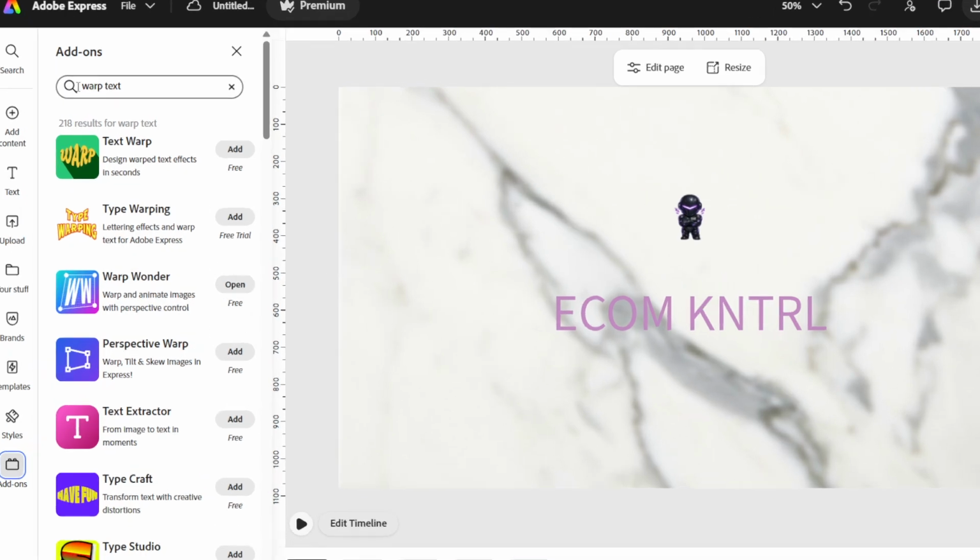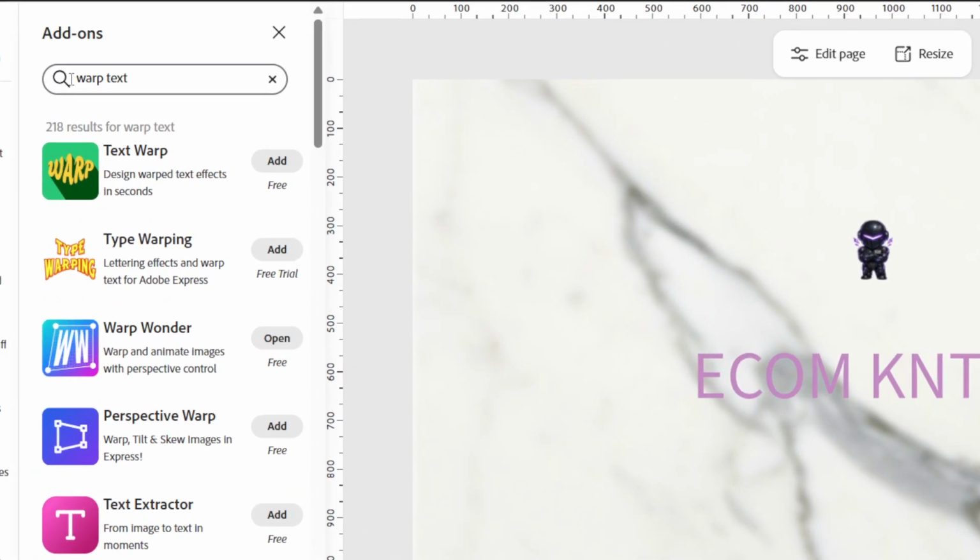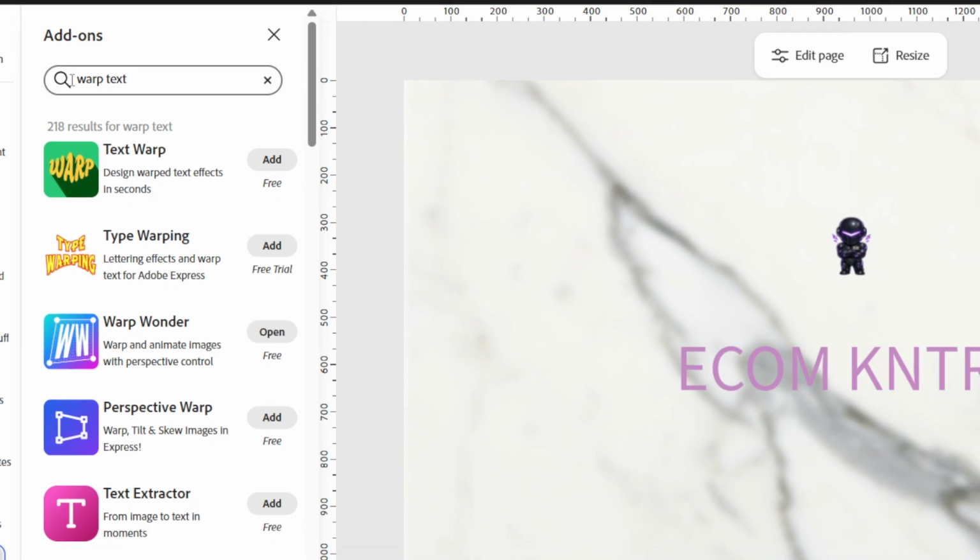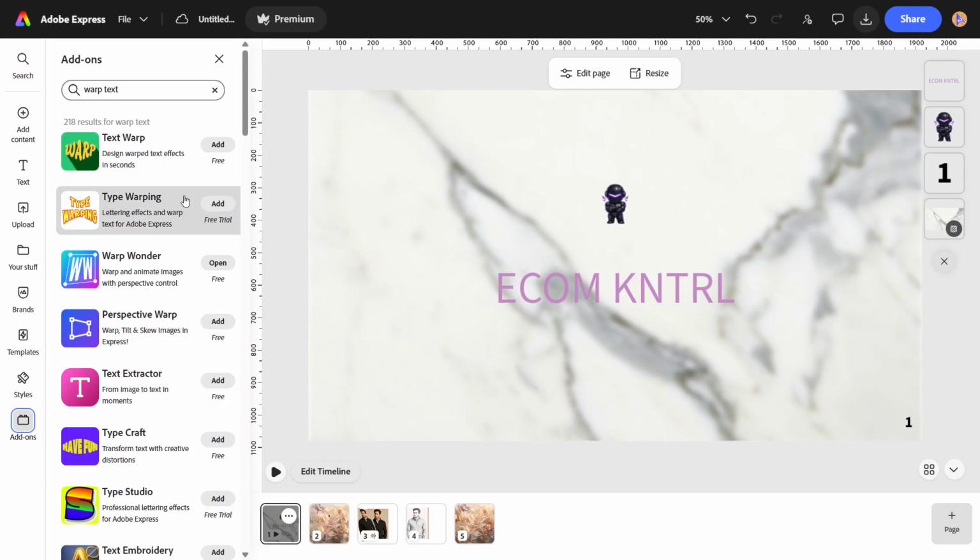At the top of the Add-ons panel, use the search field to search for warp text. Give the results a moment to load, then find the add-on called Text Warping and select it to add it